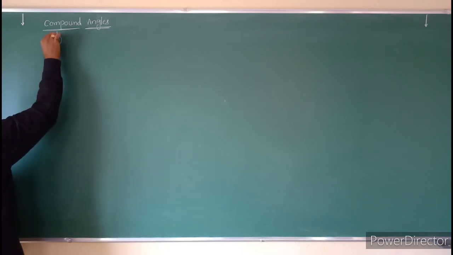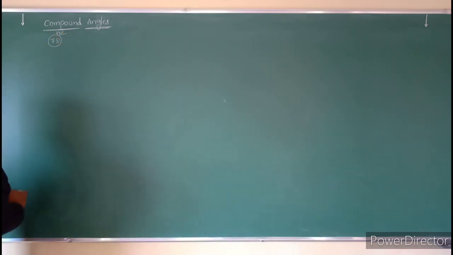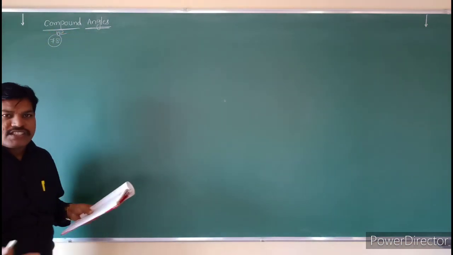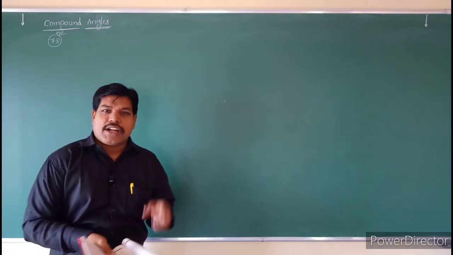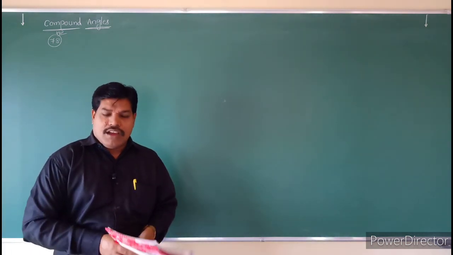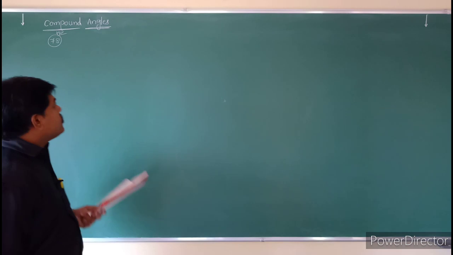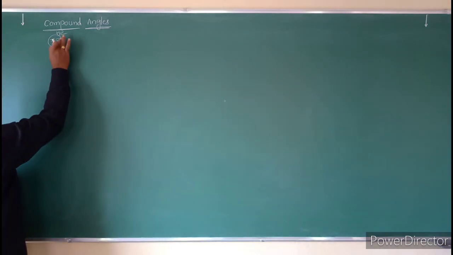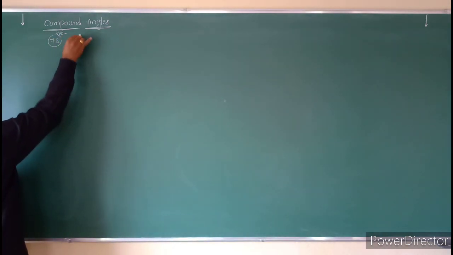So try this question, students. We have already done this type of question. In question 78, tan alpha and tan beta are given, and they are asking for alpha minus beta. Just apply the formula for tan of alpha minus beta and you will get the answer. Okay. So try that question. See the question number 79.